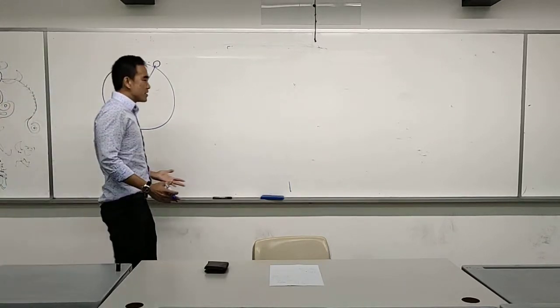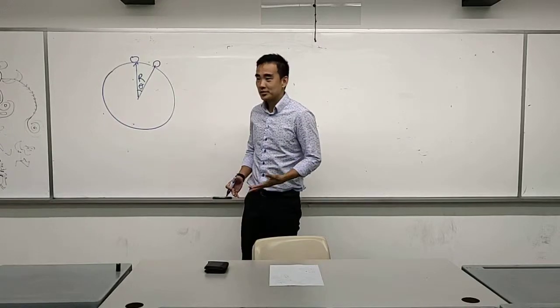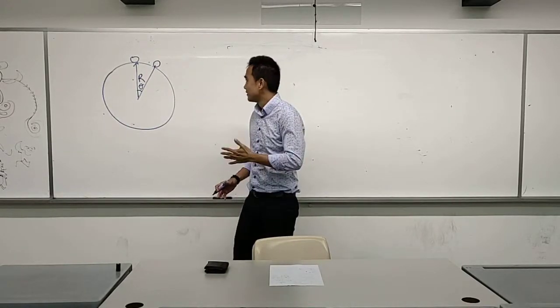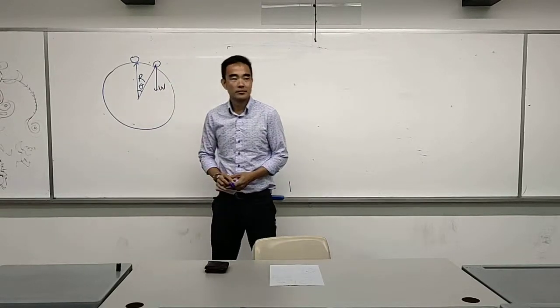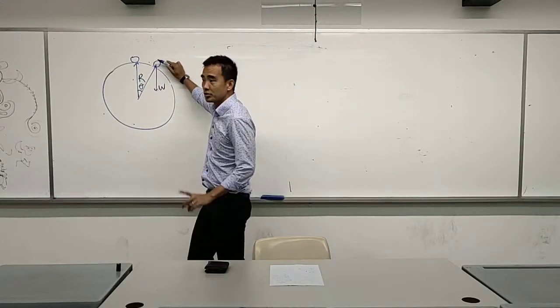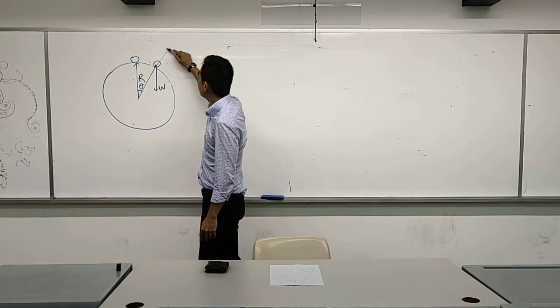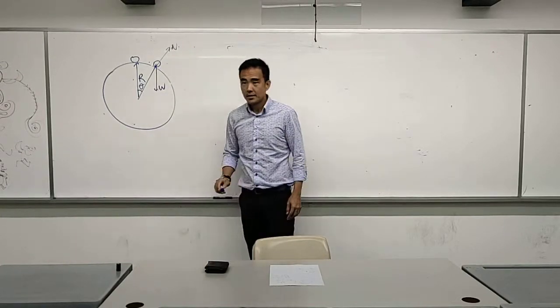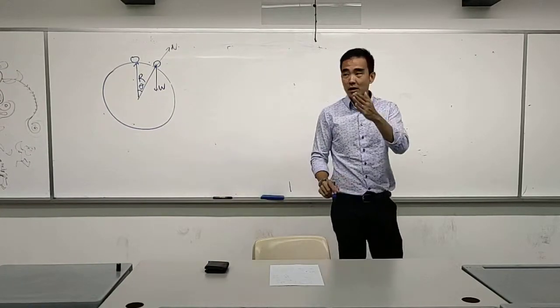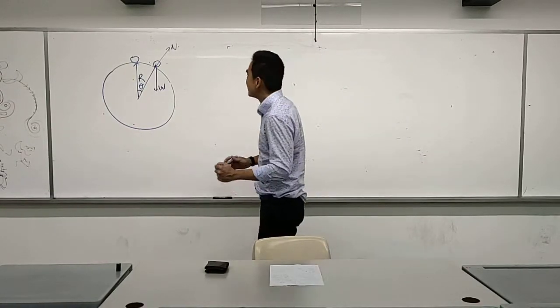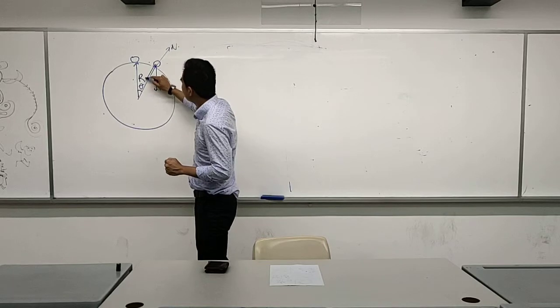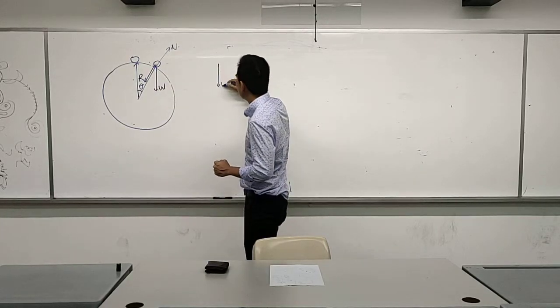Alright, would anyone like to tell me what the forces acting on the ball are? It's on the smooth circular sphere. Weight, excellent. So weight over here, and what else? Normal contact force. The normal contact force is always normal to the surface, so it will point this way. But we're only interested in forces directed along the radial direction, because that's where the centripetal force is going to point. So if I resolve the weight,